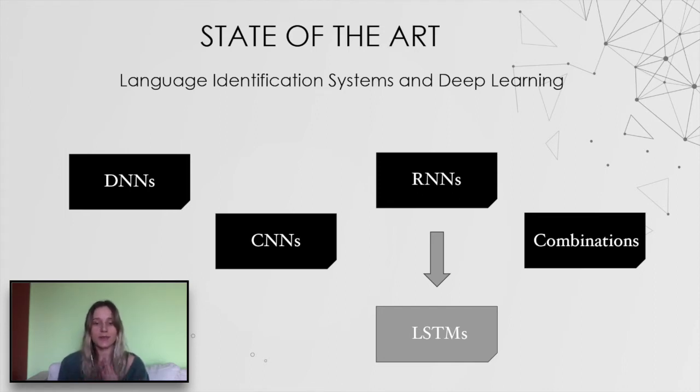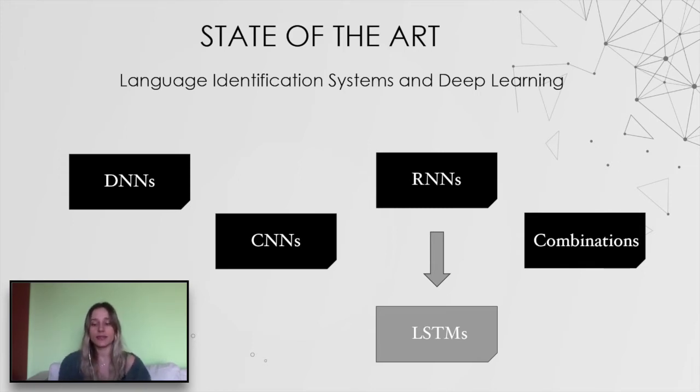When talking about deep learning, which is what we want to model, we have seen that every type of main neural network has been used: CNNs, DNNs, RNNs, CNNs in combination with RNNs, DNNs using i-vectors too. For example, CNNs are widely used to transform the input data into an image which represents, for example, MFCC features. We have seen that there are lots of features, as we have already said, but the most widely used ones are MFCCs.